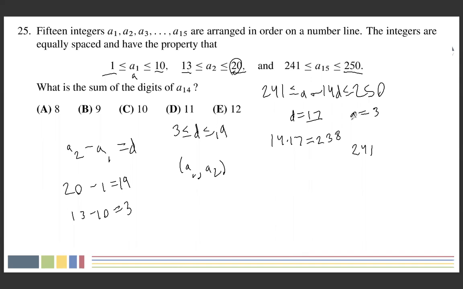So clearly, this is our unique solution: A equals 3, D equals 17. So our first term is 3. We would add 17 to get 20, then go up to 37, and so on until we reach 241. And this is our sequence. And remember, what it's asking for is the sum of the digits of A14. The fastest way to get it is, we've already calculated the value of A15 to be 241. So we just have to subtract D one time, 17, to get our value of A14, which we get as 224. And just adding the digits together, we get 2 plus 2 plus